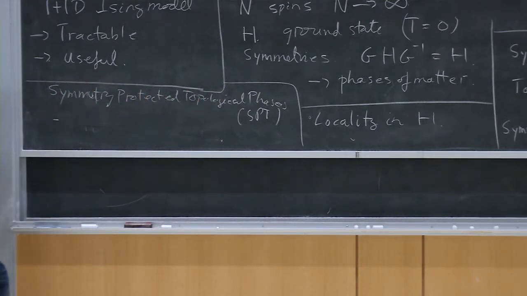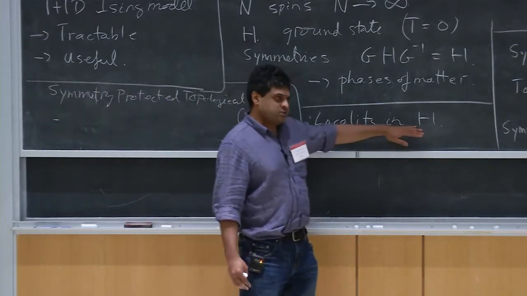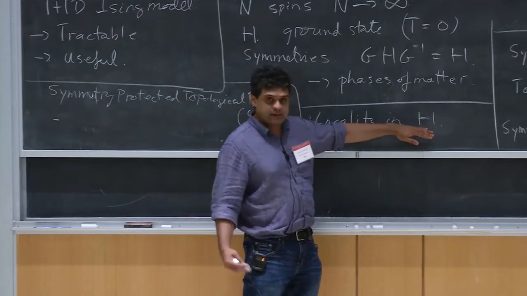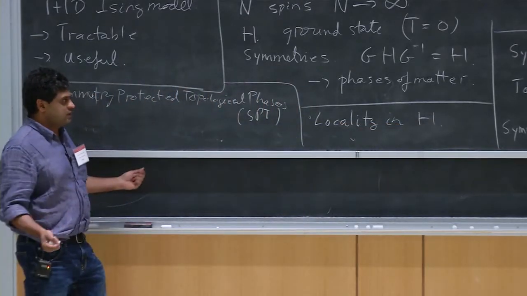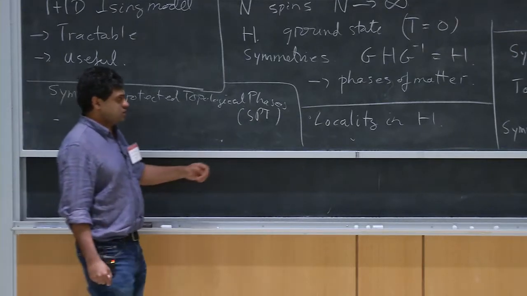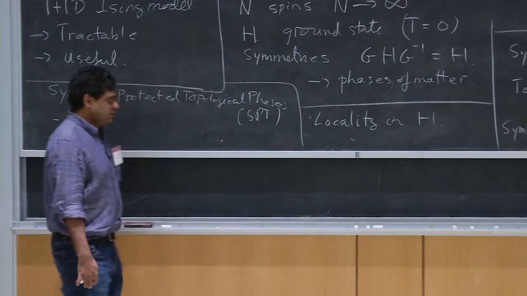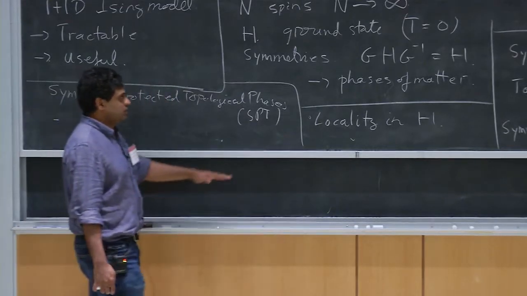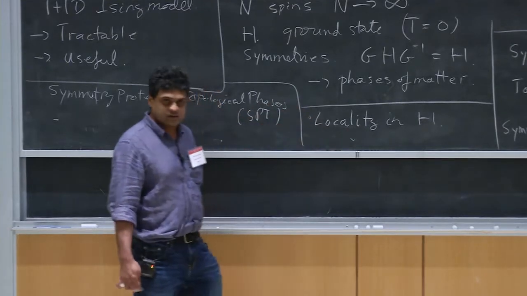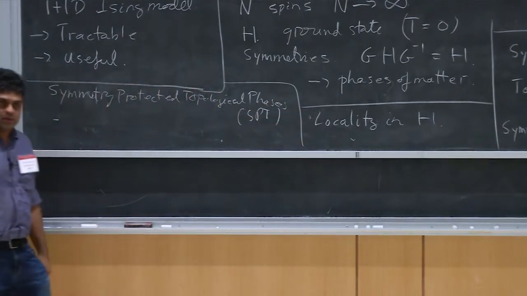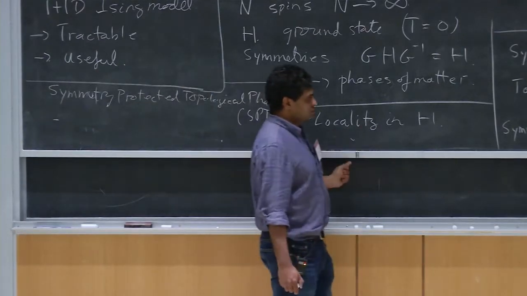For example, the simplest way to implement locality is to say that a spin only interacts with its near neighbors, maybe just nearest neighbor interaction. Even if you have longer range interaction, there should be a distinction between spins that are far away, so there should be some fall off of your interactions and really reflect the fact that you live in a particular dimension. The dimensionality of space only makes sense if you have certain notion of locality in your Hamiltonian. And we'll see that this is going to be very important when we talk about phases of matter.